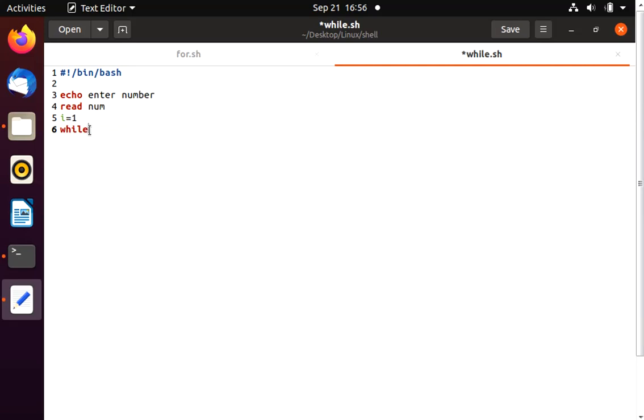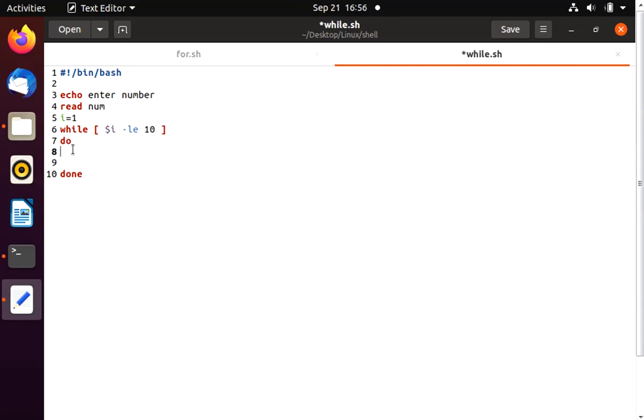So let's see, while in square brackets, while $I less than or equal to 10, this is the condition. While I's value is less than or equal to 10, now the value is 1, which means this condition is true. If the condition is true, then execute the statements inside this do and done.